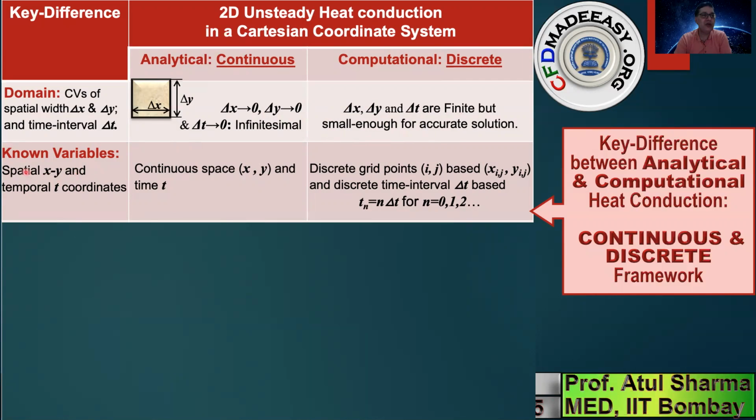So when you consider the known variables in analytical and computational heat conduction, the known variables are basically the spatial and temporal coordinates. In a 2D Cartesian coordinate system, your spatial coordinates are x and y, and the temporal coordinate is t. Note that in your analytical treatment of heat conduction, you consider continuous space and time. So you consider x, y, and t as continuous,